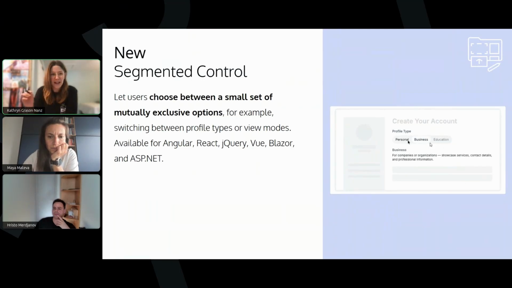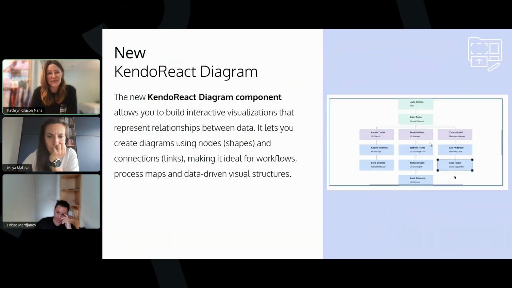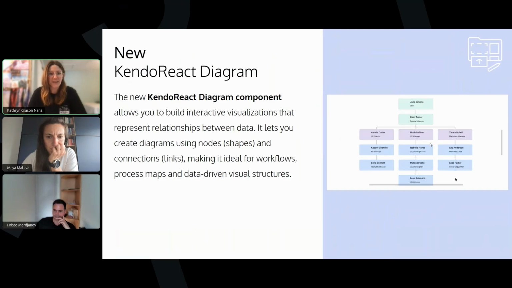This is really great for creating tabbed interfaces or different situations where you need to show either-or comparison views. There's also a new diagram component over in Kendo React, allowing you to build interactive visualizations to represent relationships between data. This is a pretty complex one, honestly, in terms of data viz, letting you create different nodes and shapes and links between them. This was great for workflows, process maps, organization structures, other sorts of data-driven visuals that you may